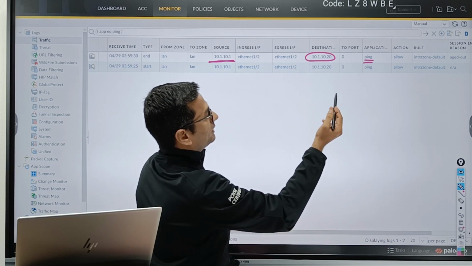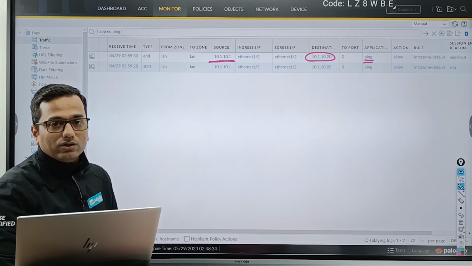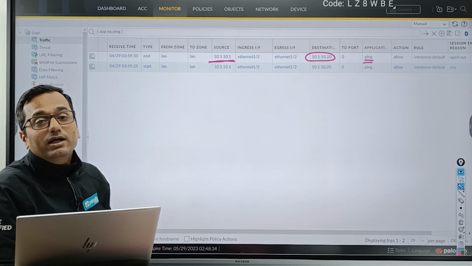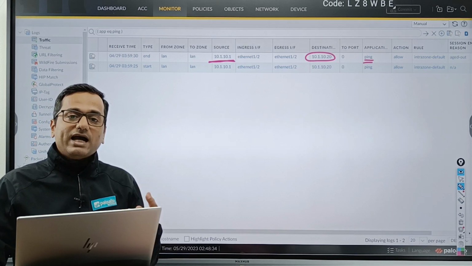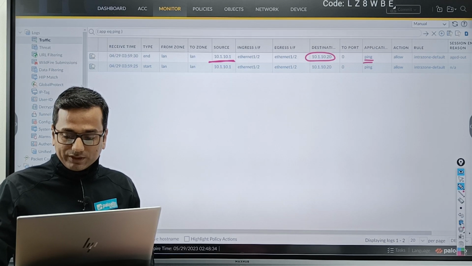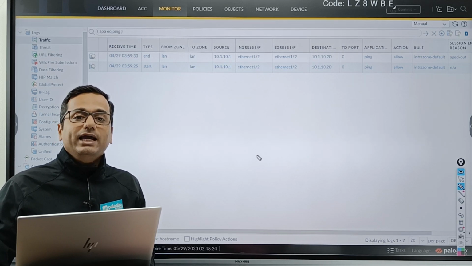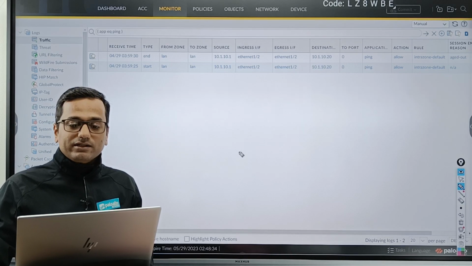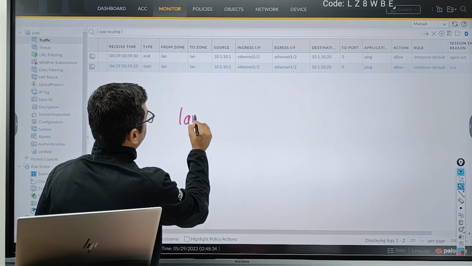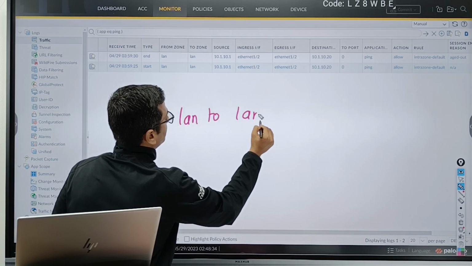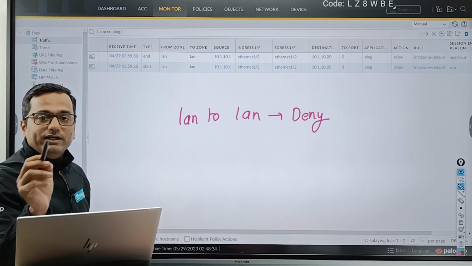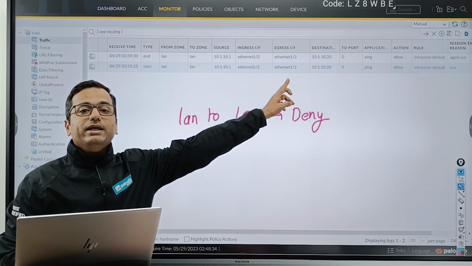Okay. So the Palo Alto firewall didn't receive any response from 10.1.10.20, and it declared it a free IP and assigned it to the endpoint. Okay, so you will see additional traffic, guys, right? Be careful. If you enable the intra-zone deny, meaning LAN to LAN deny, for example as a part of zero trust architecture, then definitely this traffic will get impacted.